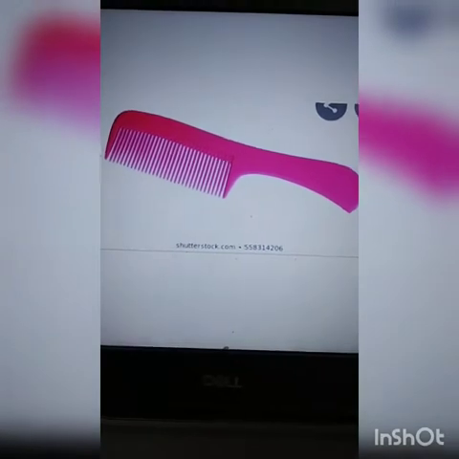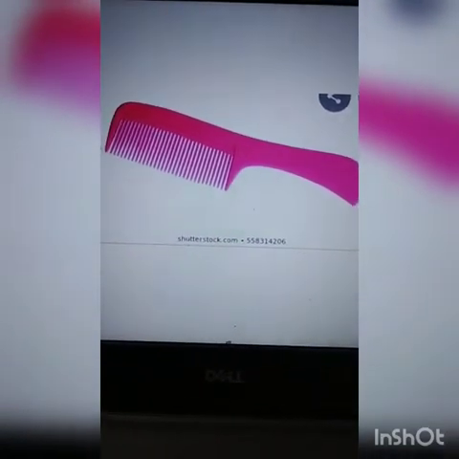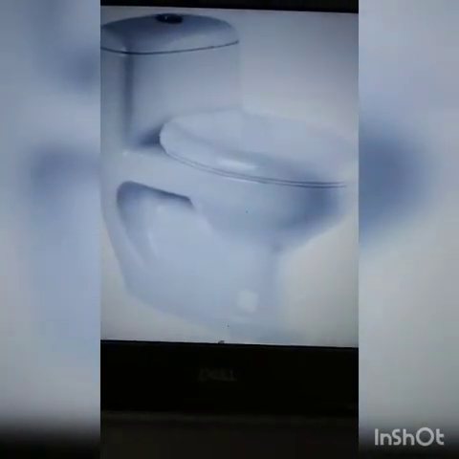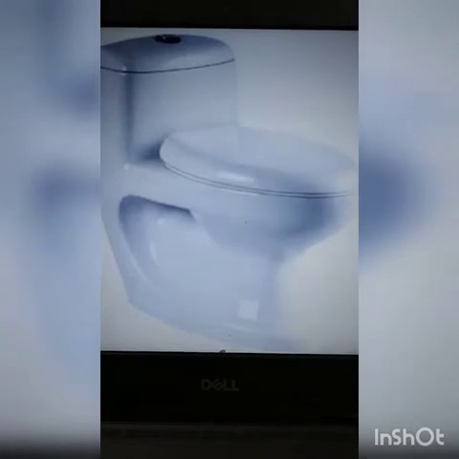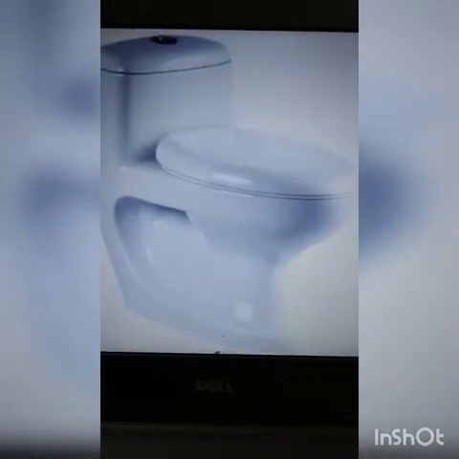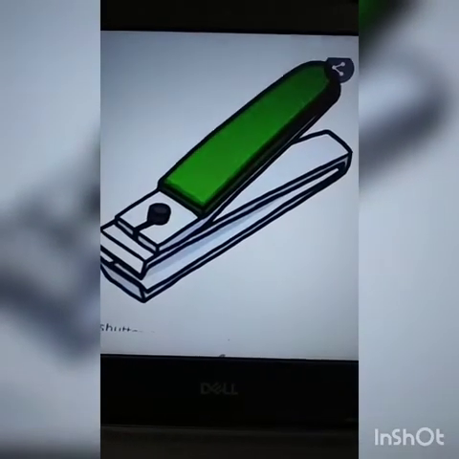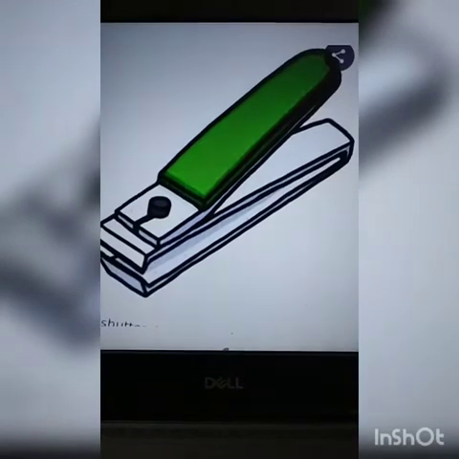This is a comb. Every day we use this, na? Comb. This is a cupboard. What is this? Cupboard. This is a nail cutter. What is this?